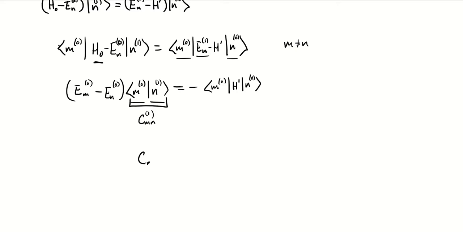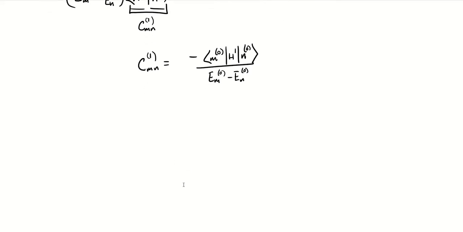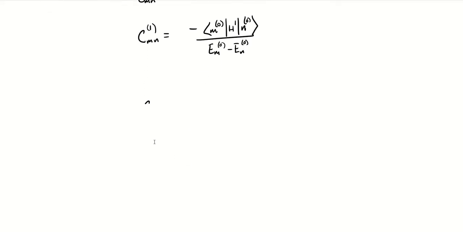So solving for that, we get cmn1 equal to negative <m0|H'|n0> all divided by Em0 minus En0, or taking care of that negative sign,